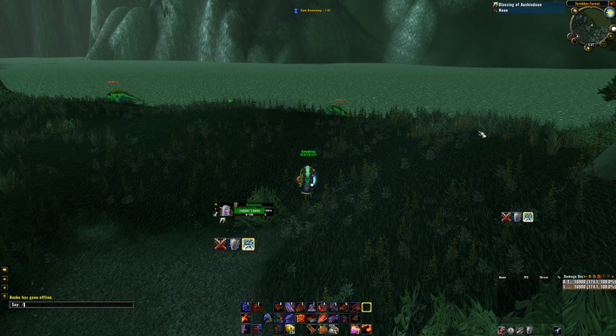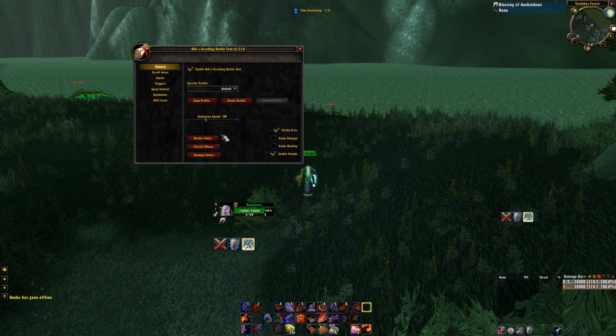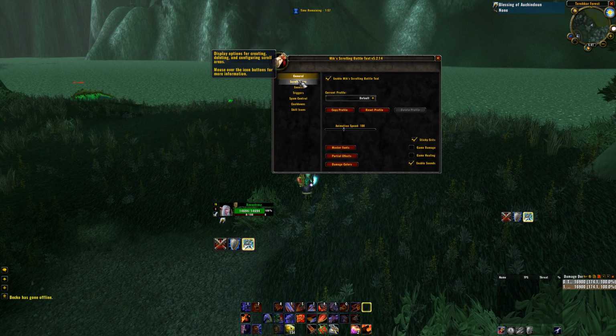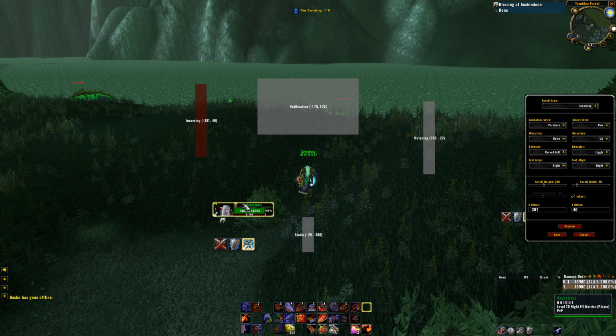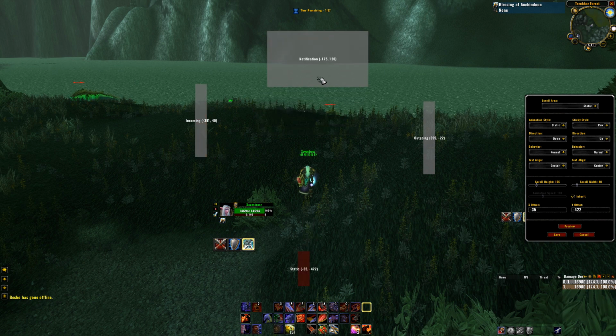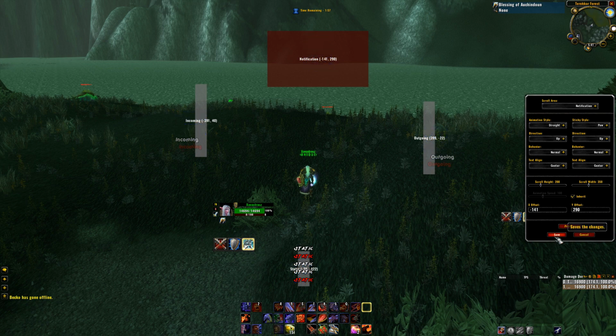Anyways, next add-on, MSBT. A lot of people use this one, and again, /MSBT opens the configs. You can go here and then you can move these around, so for example, they don't overlap your unit frames, wherever you want them. And then one thing,